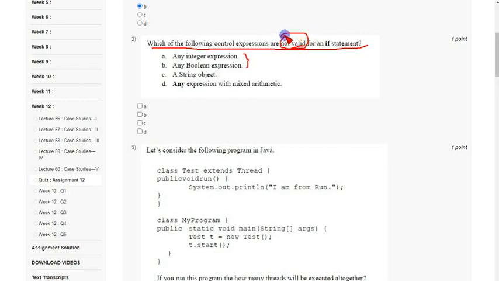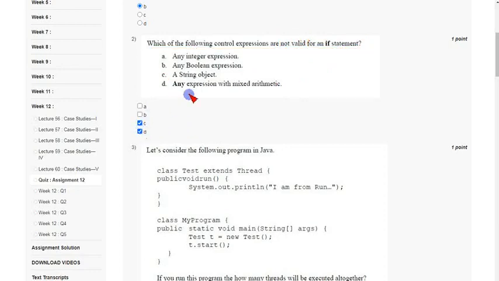We have to cross check these simple terms that will make a huge difference in the solution. So which are not valid then? A string object and any expression with mixed arithmetic object expression. So these two, that means option C and option D, are not valid for an if statement. So mark option C and option D.